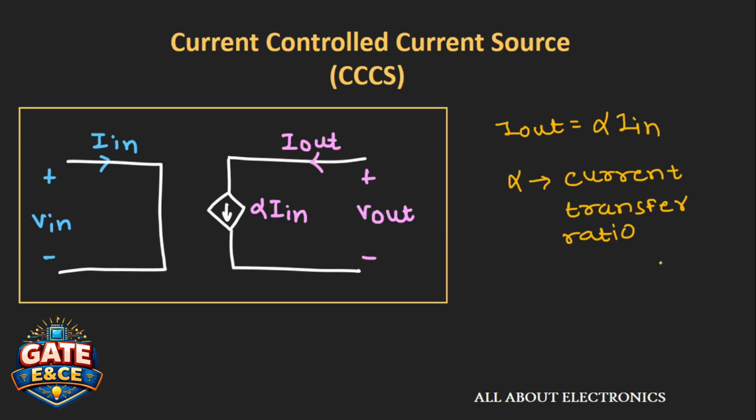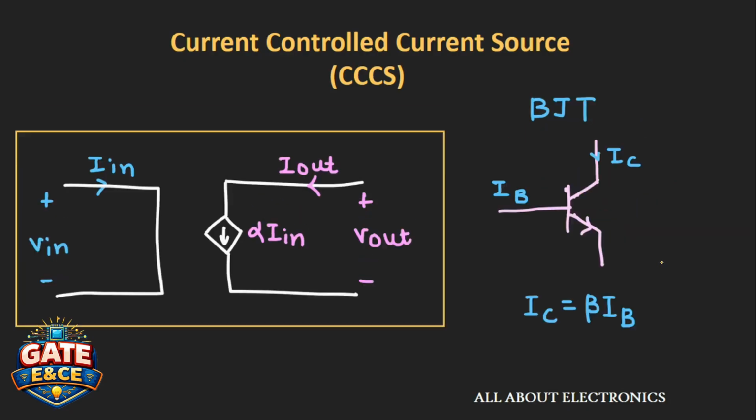Now let us see a practical example of this current controlled current source. The BJT, or bipolar junction transistor, is the practical example of a current controlled current source, where the base current IB is controlling the collector current. The collector current IC is a function of this input base current IB, and the relation can be given